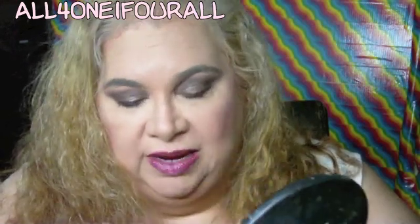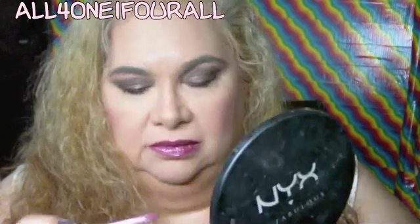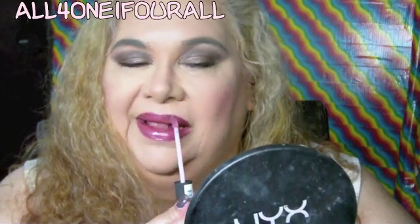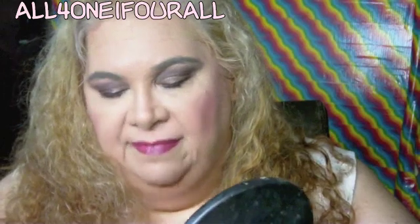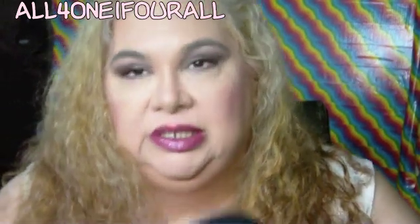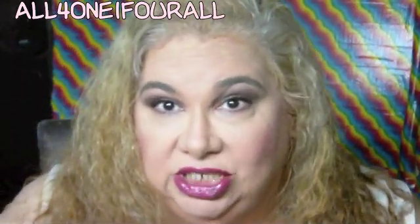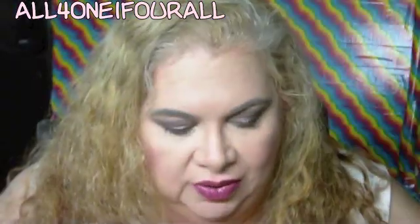It's so pretty, but it's so sheer. Sorry. And it definitely lightened it. This is such a beautiful lip gloss, but I didn't realize they were that sheer. So yeah,